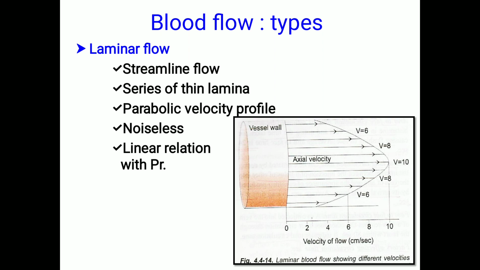So laminar blood flow is a streamlined blood flow. Here the blood flows in a large number of layers at a steady rate, with each layer remaining at the same distance from the vessel wall. Also the center portion stays in the center of the vessel. So generally it shows a parabolic distribution of velocity, with the velocity of flow being greater in the center of the stream. With the parabolic velocity profile, no noise is produced, so it's silent in nature. Within the physiological limit, it shows a linear relationship with the pressure.